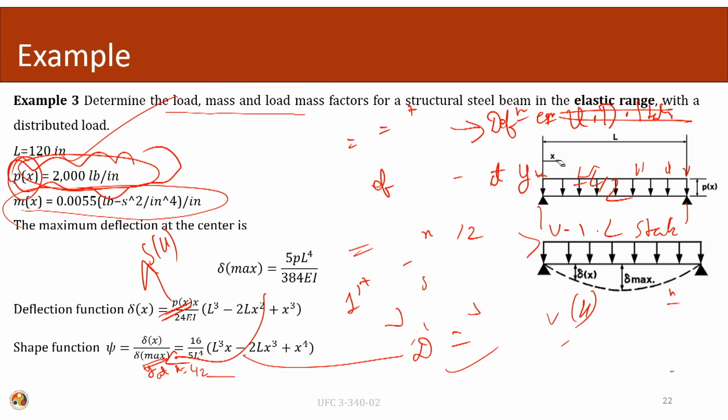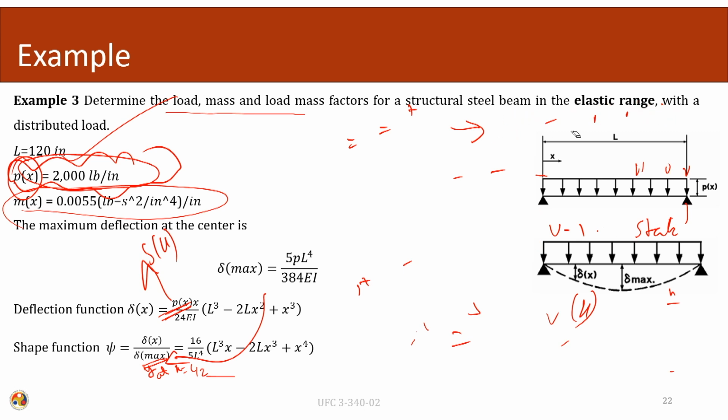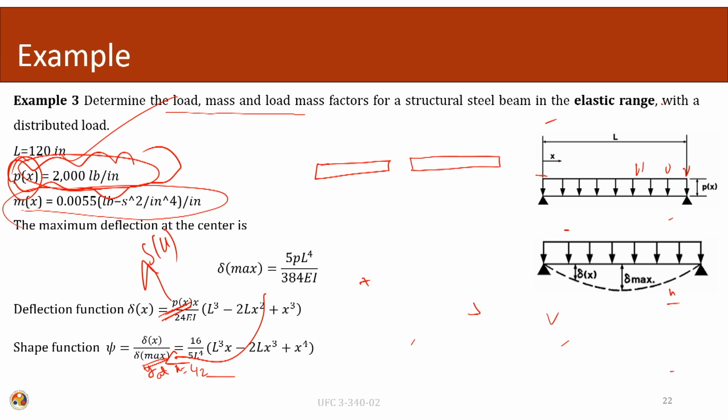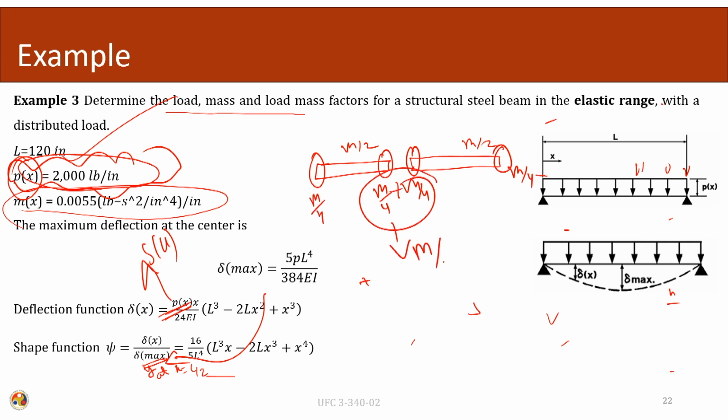As we have seen in the previous example, we can use a discretized mass also in this particular case. If we forget anything, we can use a mass discretization also. So, we will break the beam into two parts. Each part has half of the total mass. So, if we concentrate this at the nodes, this will be m divided by 4, m divided by 4, m divided by 4, m divided by 4. So, the total mass contribution at the center becomes m divided by 2.